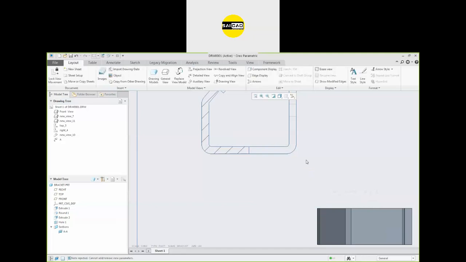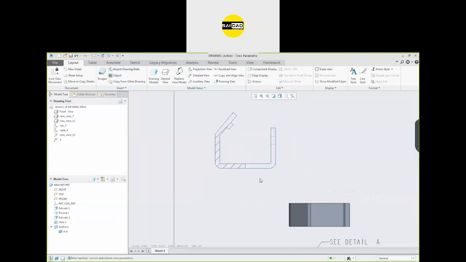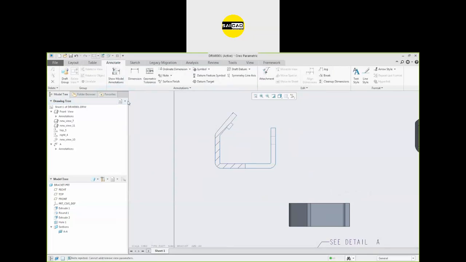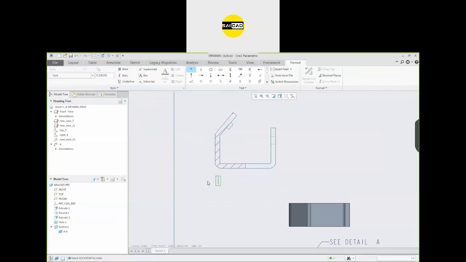So I just go to the delete, and I can insert a text here also. Okay, if you want to specify some name, you can go to this annotate area, and there will be a note. Okay, there is the note. You can specify a note somewhere here. And this is section A dash A, like that.